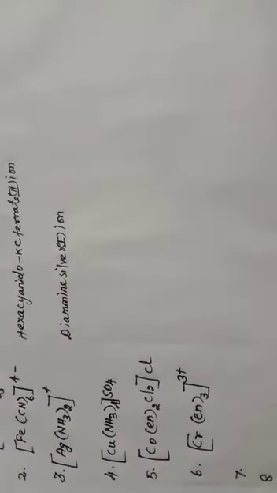Come to the fourth one, which is [Cu(NH3)4]SO4. The complex is the cation, and the anion is the simple anion. So we have to name the cation first. To name the complex cation, we have to start with the ligand. We have 4 ligands, so the name should start with the prefix tetra. So tetraammine,